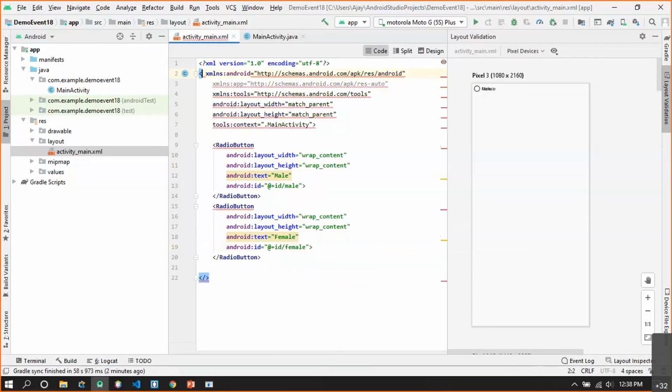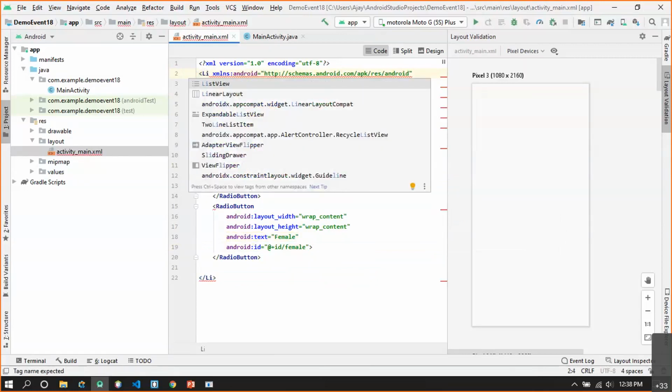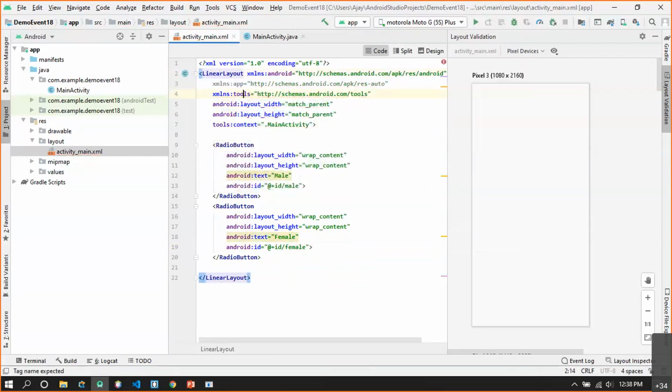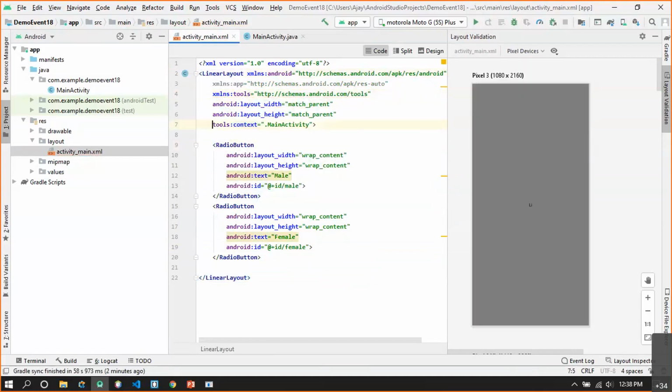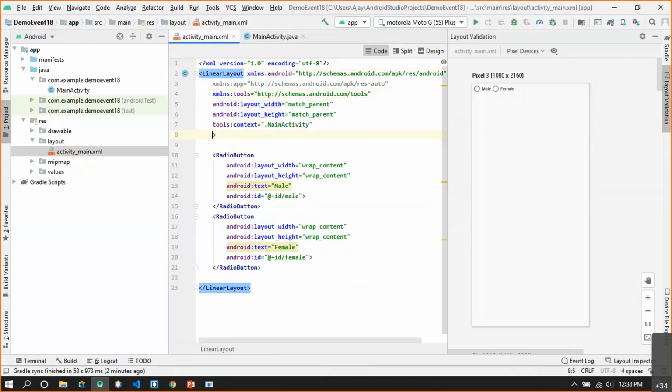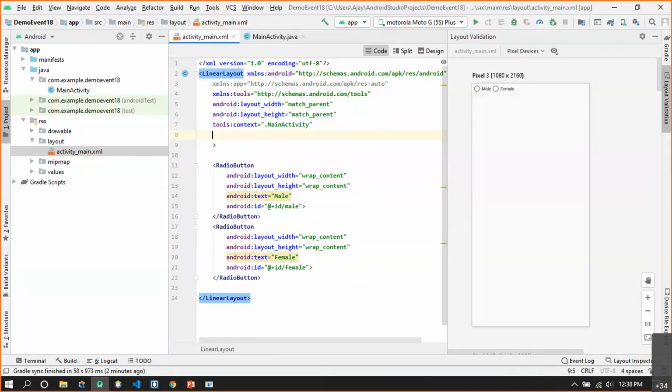So let me modify the layout to a linear layout, with the orientation as vertical. Now let's try to run this code and see what happens.